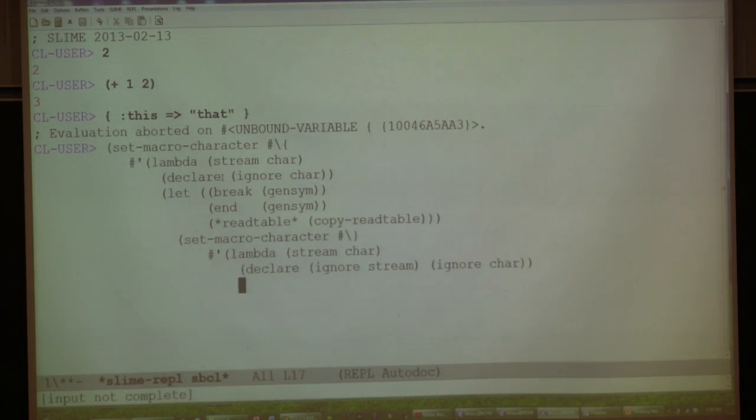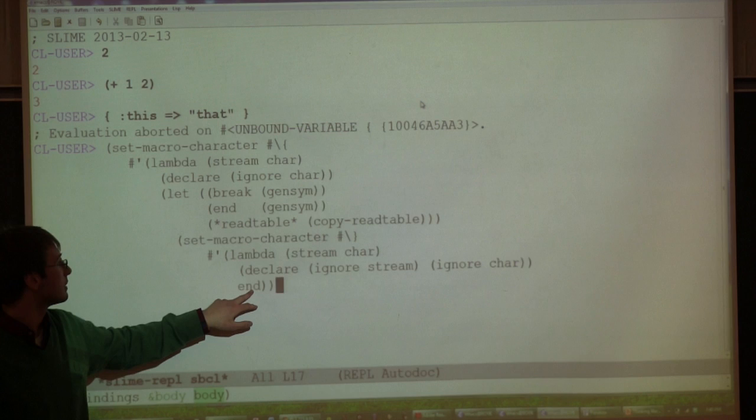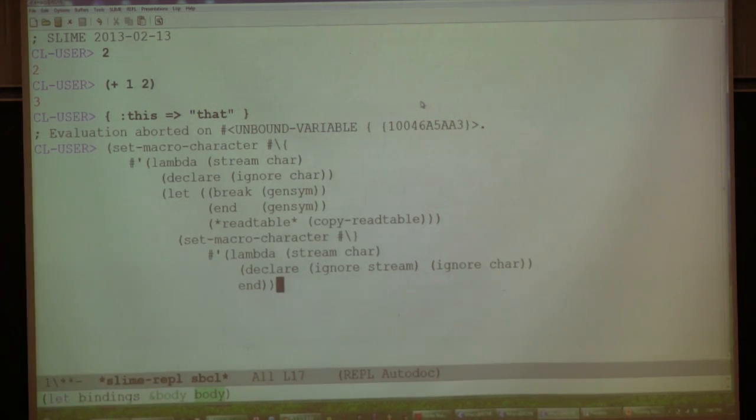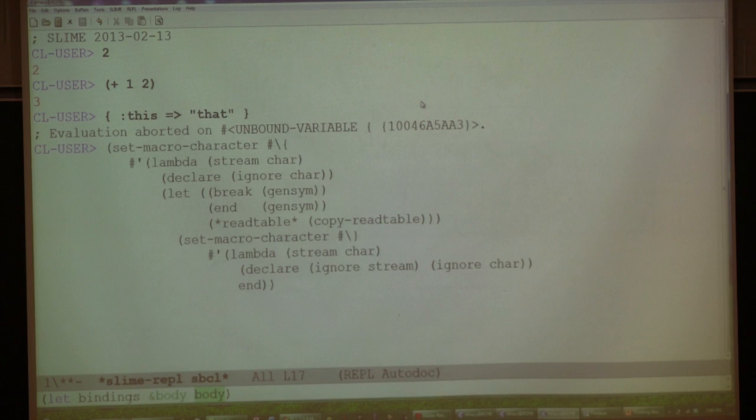I could have just shown you how to do stuff like file I/O, but you can do that in any language. Lisp is really special because you can do stuff like this. What this just did is it says, anytime you read a closed curly brace, give us the symbol end back. Once we get the symbol end back, we know that we can stop.